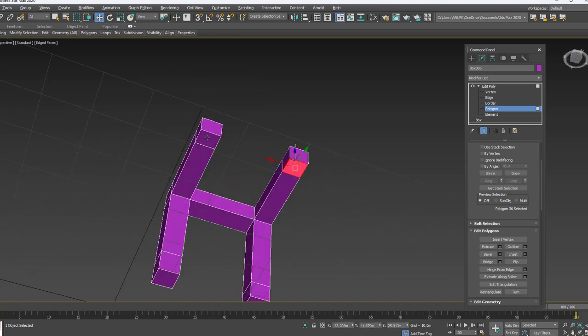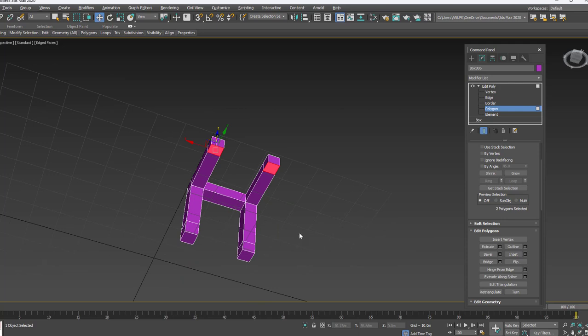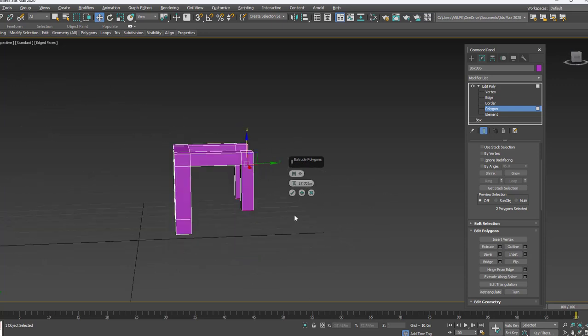Next one, this and this, even you can do the operations multiple by holding Control. Rotating it little, adding one more step, reducing the height and finish it.